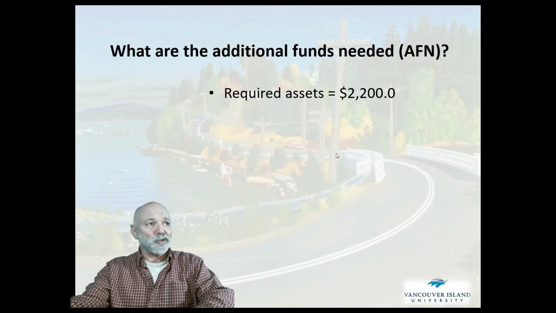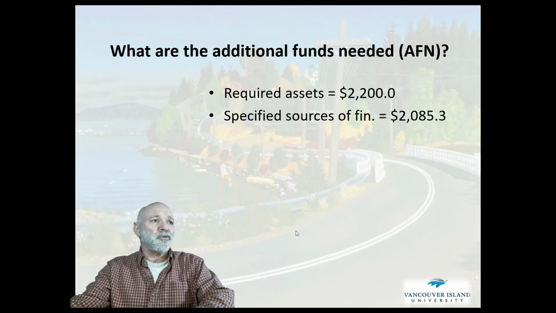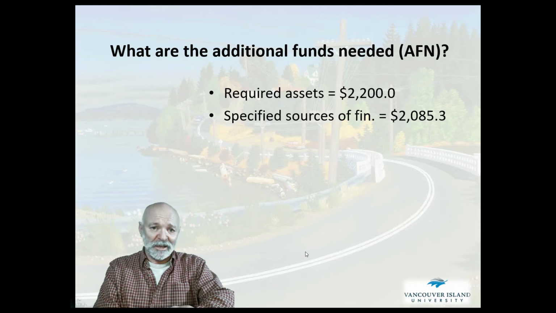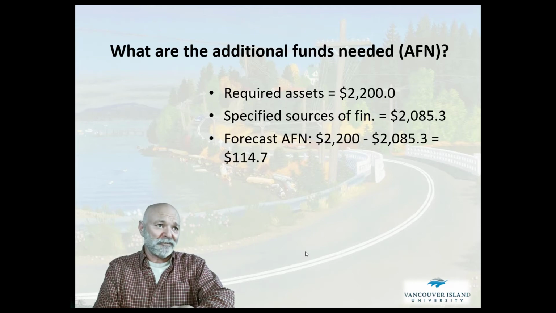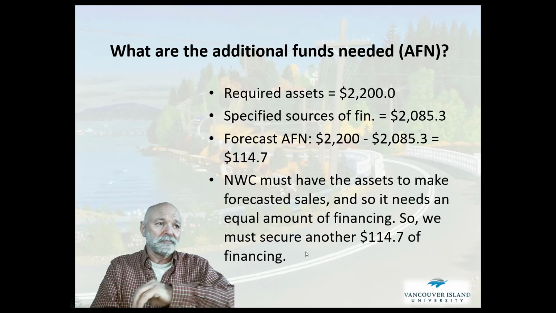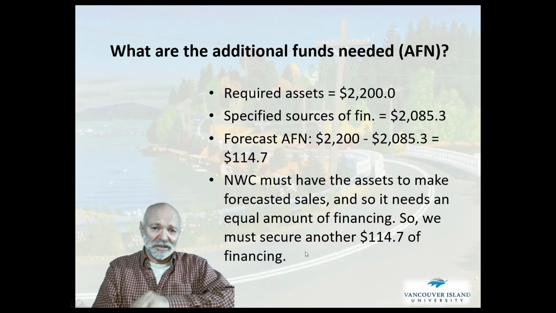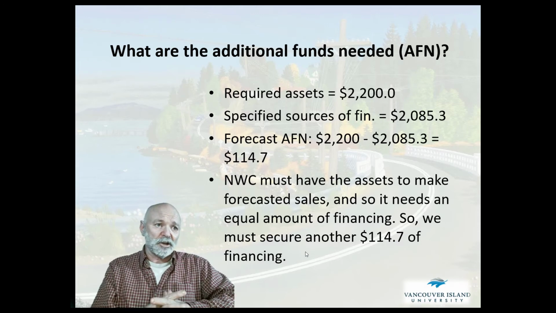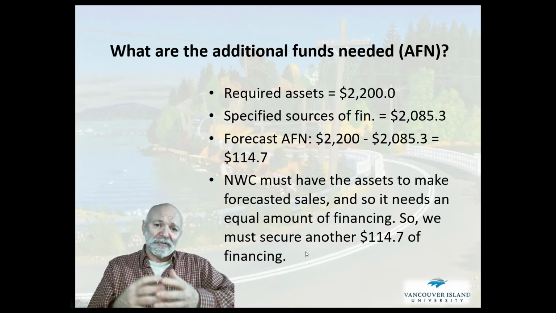So, just a reminder, required assets are $2.2 million. The sources of finance that we specified before the AFN are $2,085,000. The forecast funding requirement is then that difference, 114.7. We have to have the increase in inventories and accounts receivable funding in order to make the sales. We have to have the fixed assets, so that means we have a funding requirement of